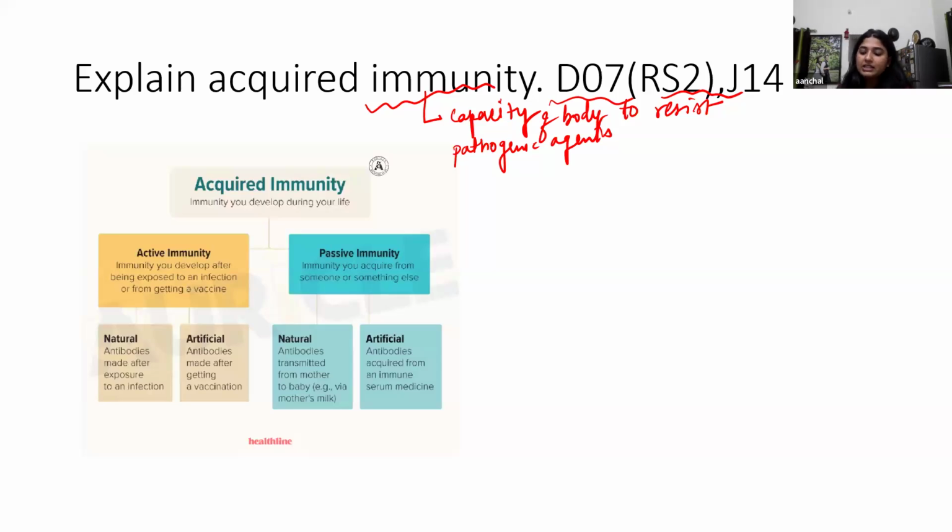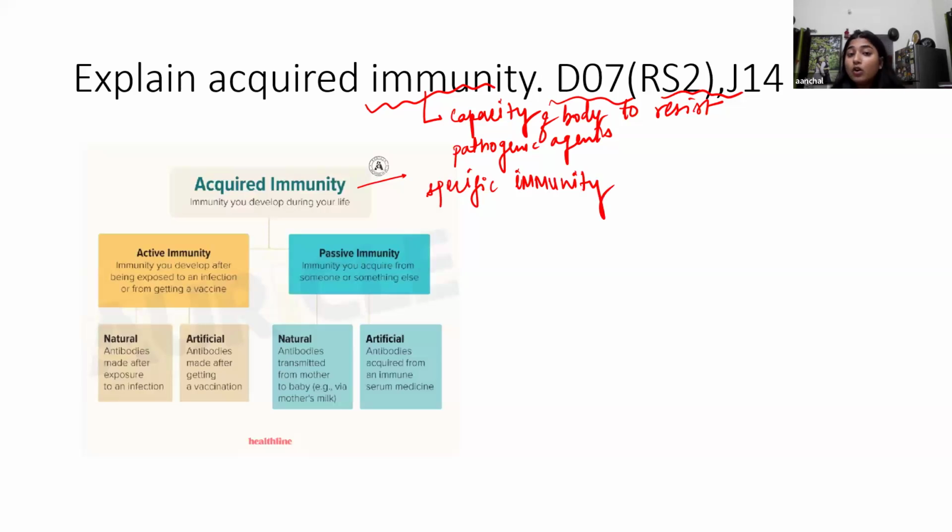Acquired immunity means adapted immunity, in a person who has already adapted to it. Acquired immunity is the resistance developed in the body against any specific foreign body like bacteria, virus, toxin, vaccines, or transplanted tissue. This type of immunity is also known as specific immunity because it is developed for a very specific type of thing. Acquired immunity is also known as adaptive immunity. It is a type of immunity that the individual develops during their own lifespan.